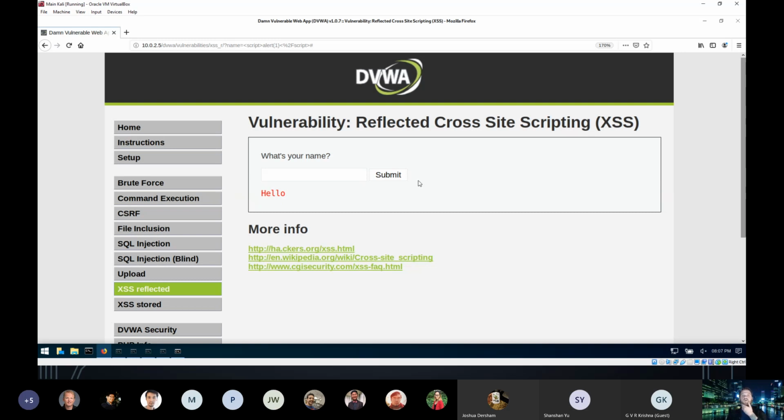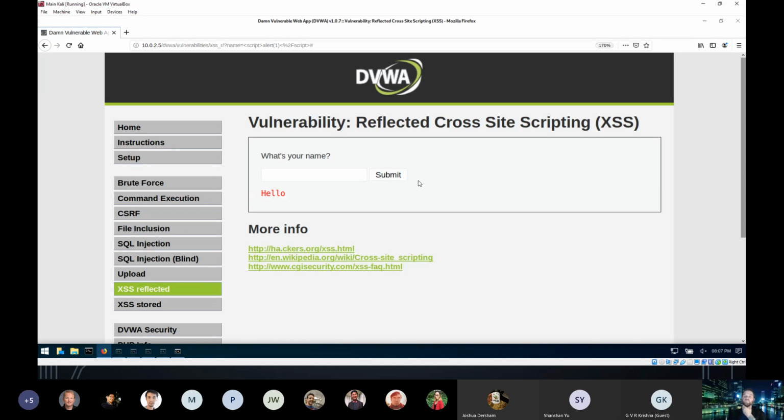Cross-site scripting. What's a real-world example of reflected XSS? A lot of times you'll see it in forums, right? Because forums are just where you want to open up something and type stuff in, right? And then it reflects it back into the web page. Its literal job is to take data and then reflect it back in the web page. And you'll see a lot of mistakes there, where you'll be able to reflect things back,